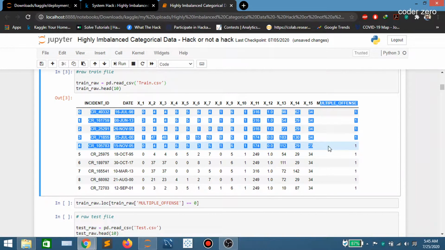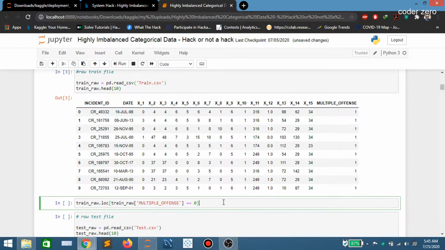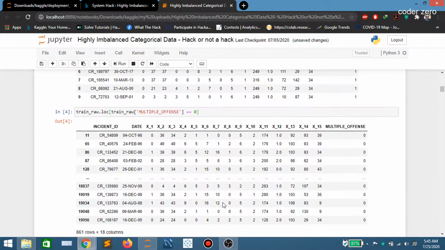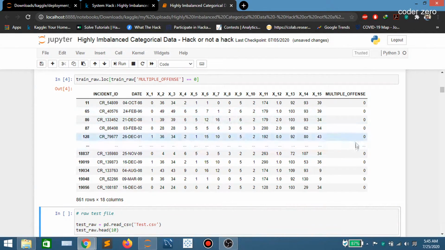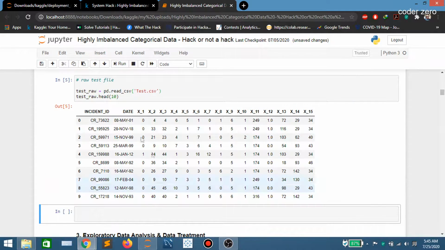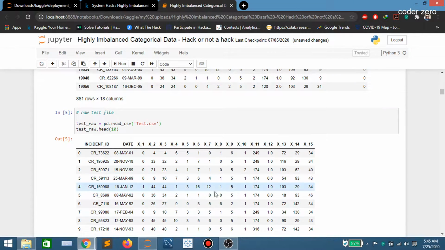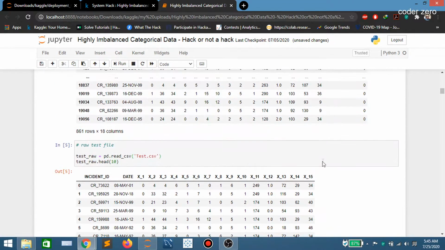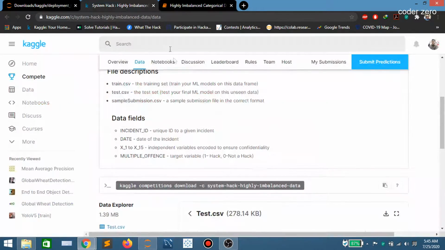Here everything is of class 1. Let's see some class 0 examples. If you do that, we can see we have some class 0 examples here. Now let's read the test file. Same way. We'll be using this test file to do our prediction and to submit in this Kaggle competition.